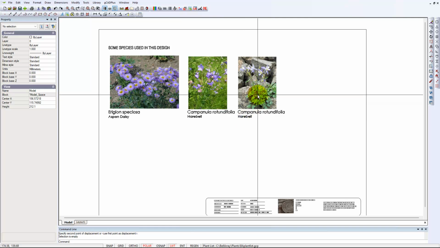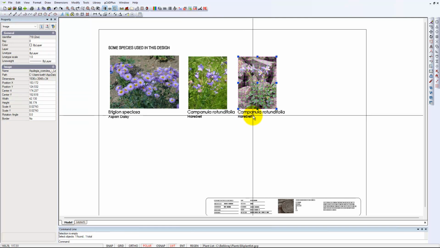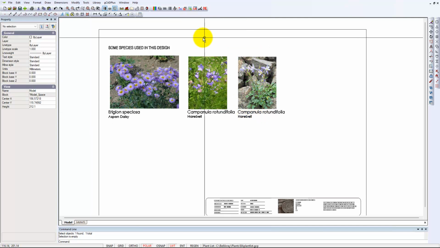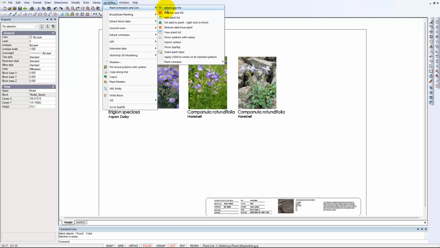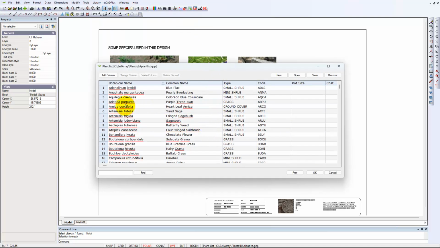Now, we want this particular species, we want to rename it, and I'd like to illustrate how easy that is. It's obviously not that particular campanula, but we can go to our edit our plant database file, and here's the one we